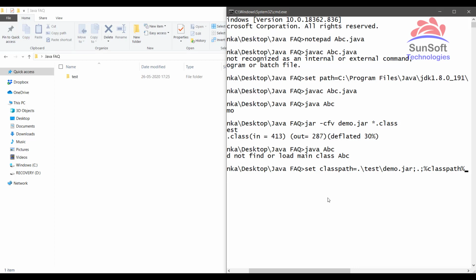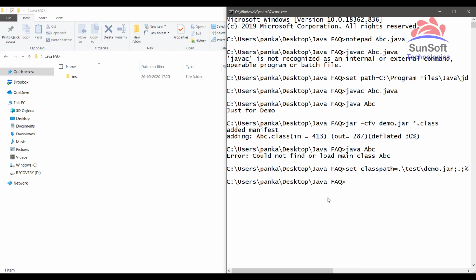In editors, if you are using some IDEs, then there will be a build class path kind of option available, using which you can directly select the set of jar files which can be taken and put inside your current project class path, which also internally actually executes this command only. So here I am setting this class path. After setting this class path, let's see, now executing java ABC, and you can notice the output coming right now. So now just for demo is coming.